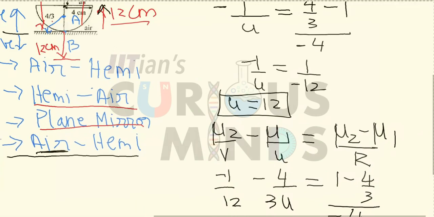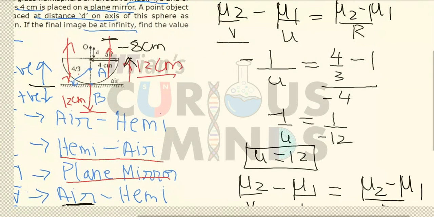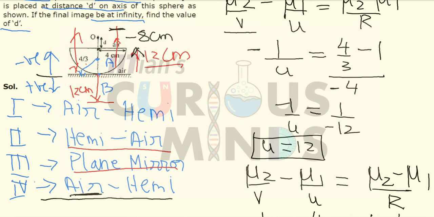It means that for the second process, the object is situated somewhere over here at a height of negative 8 centimeter. So the second process is also done. Now only the first process is remaining. For the first process, since it is situated at negative 8 centimeter from the downward axis, it means that from this line, the image over here will be situated at 4 centimeter.